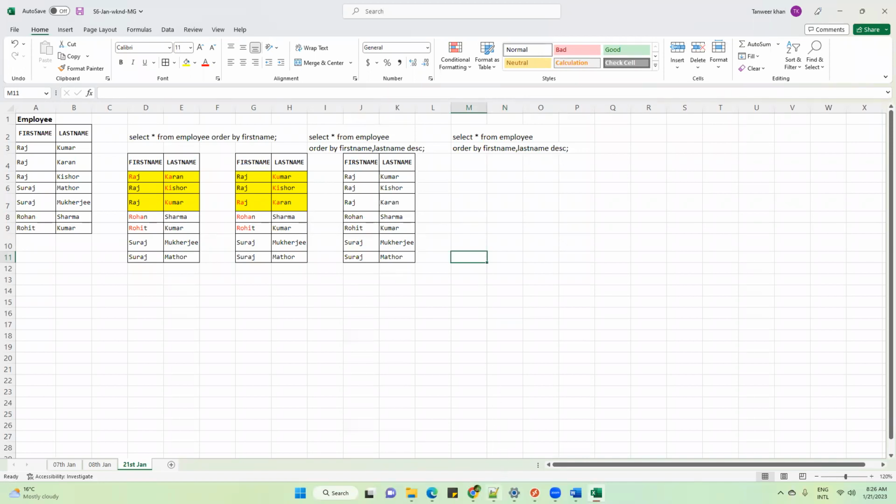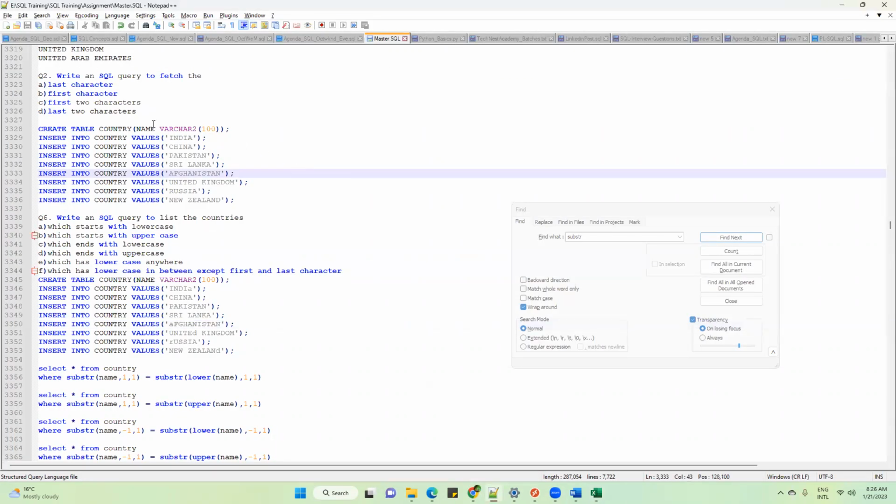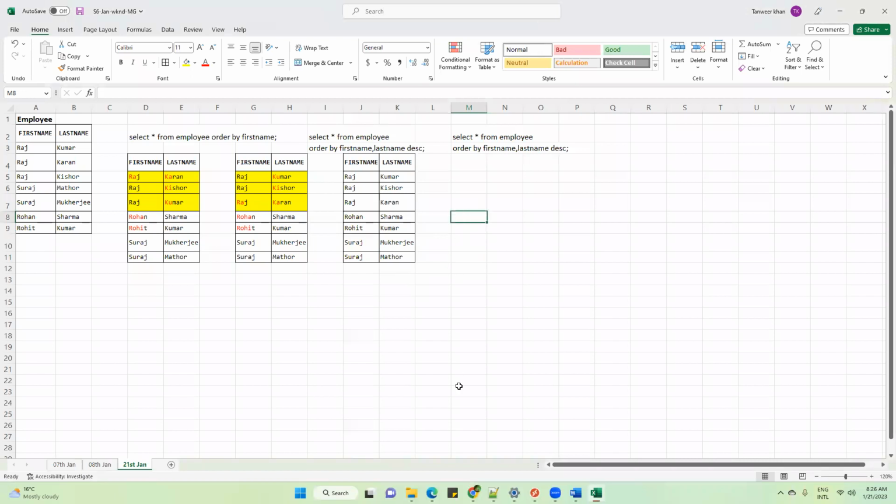Suppose we want to sort by first name in descending and last name in ascending order, how would we do that? I mean, we can use the keywords after every column. Good question. Who has asked this? Rishabh has asked. Yes. Okay, good question, and I appreciate it. Always think from multiple dimensions, slice and dice it. That will give you a good understanding of the concept.